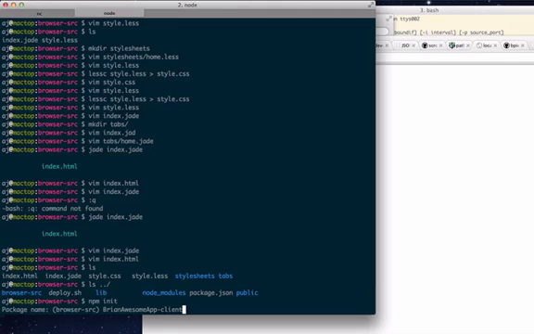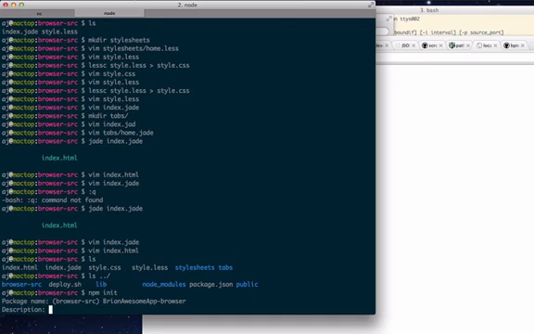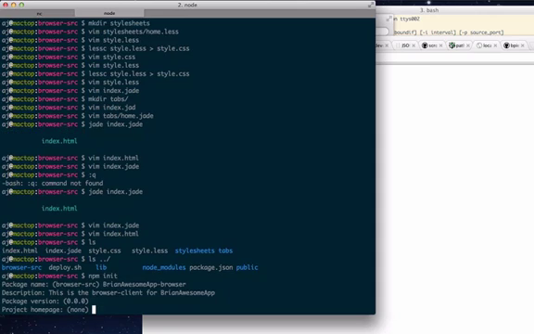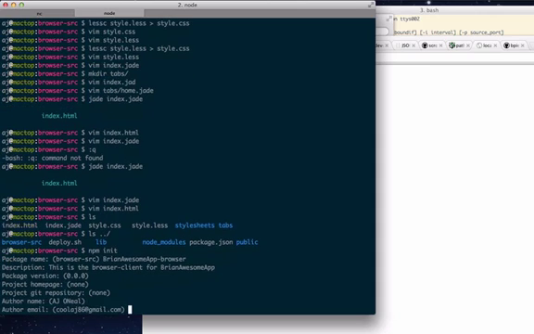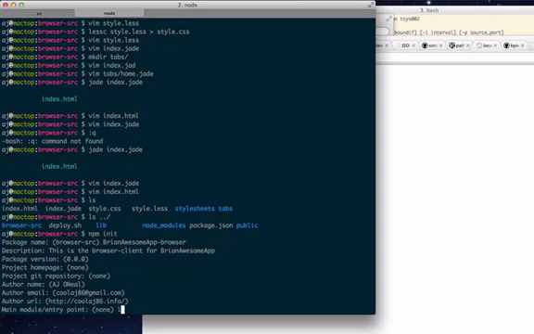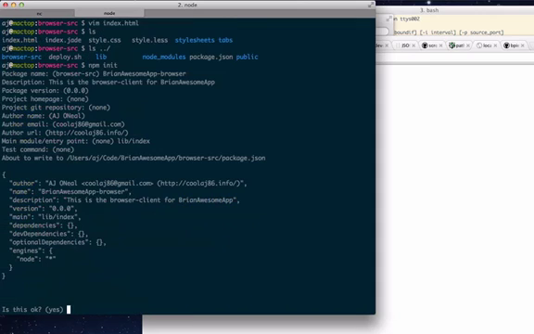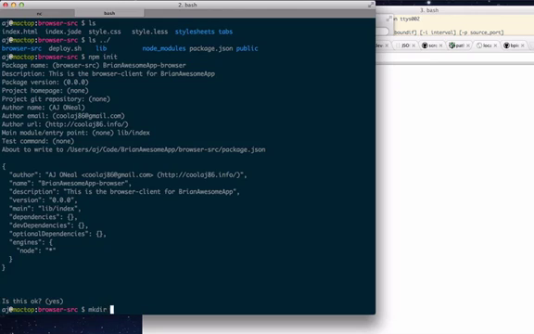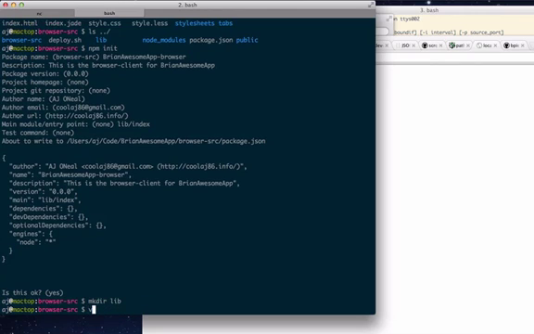client. So client goes on the browser. Or say browser. Browser. Let's do browser. So yeah. So this is just a name. It's kind of arbitrary, but it's just part of that package. So this is the browser client for Brian Awesome App. And then again lib index. Okay, so then I again create a lib, and then again touch lib index,